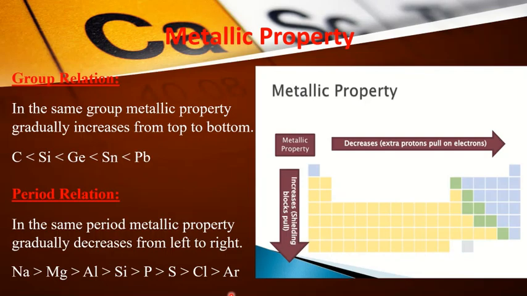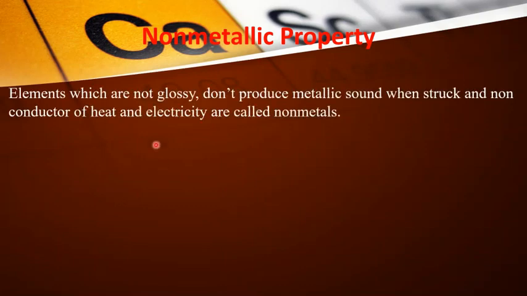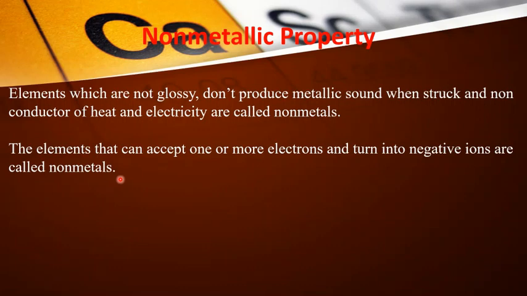Now, our second property is non-metallic property. It is just the opposite of metallic property. Metallic property means from metal to non-metal, and non-metallic property means from non-metal to metal. Here, elements which are not glossy, don't produce metallic sound when struck, and are non-conductors of heat and electricity are called non-metals. And the modern definition tells that the elements that can accept one or more electrons and turn into negatively charged